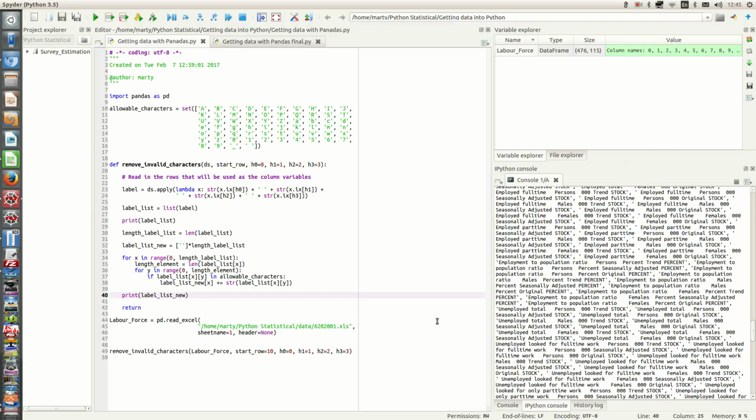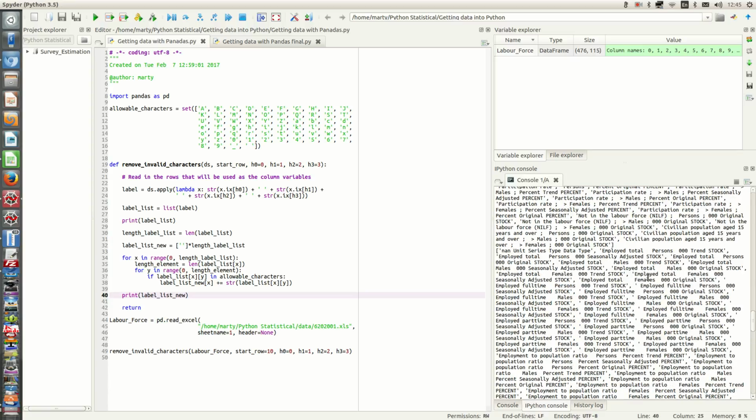So the next step is we need to shorten these data item descriptions, as they will exceed 32 characters in length, which is the limit that SAS datasets imposes on column variable names. So the first step that we need to do is to actually split